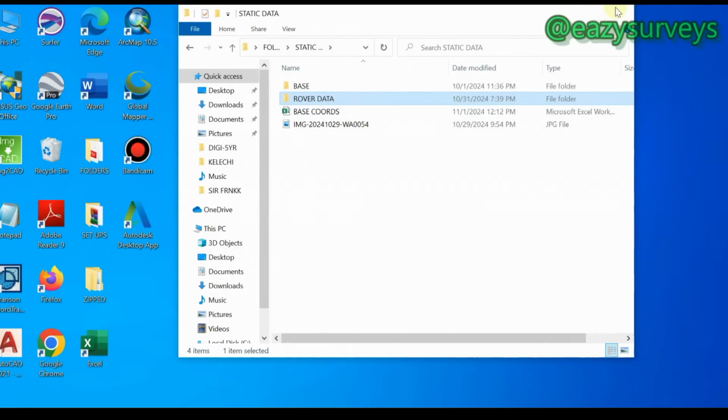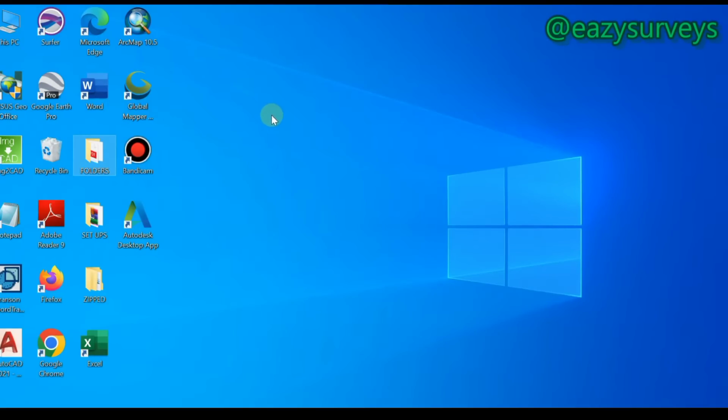When you have your data downloaded from the receivers, the first thing to do is to open the processing software. In the course of this training video, I'll be using the Tersus Geo Office, or Tersus Geomatics Office. If you're in need of this software, I'll be dropping a video in subsequent times on how to